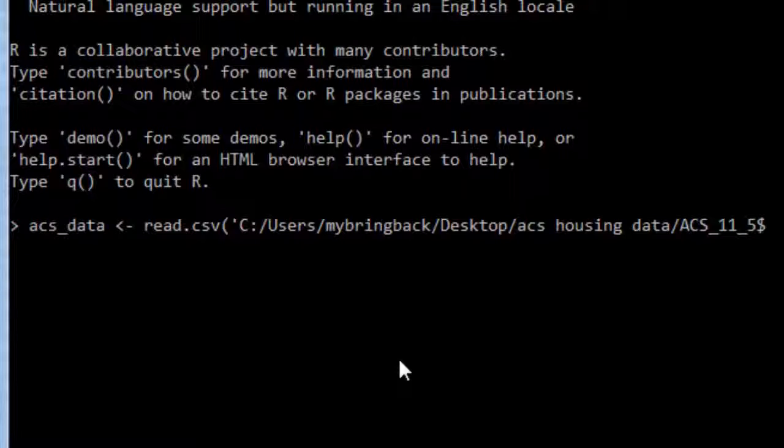Now you'll note it takes a second or two here to get this stuff in. That's because it's a big old file. 7 megabytes in a CSV means a lot of information. And it's so much information, in fact, that our typical methods for examining it will not really be all that useful to us. So if I look at head of ACS data, which is something we've kind of gotten used to doing throughout these videos,